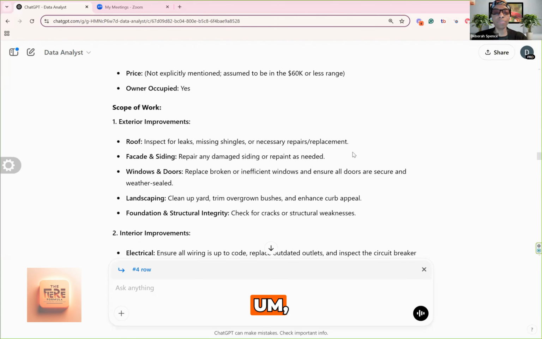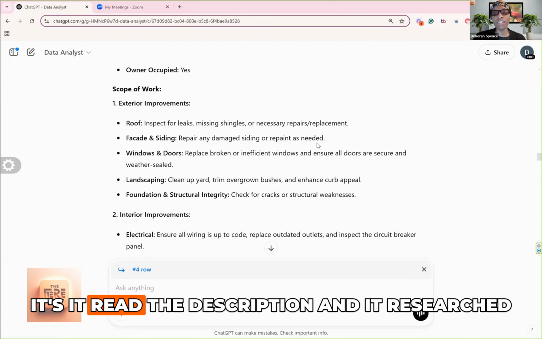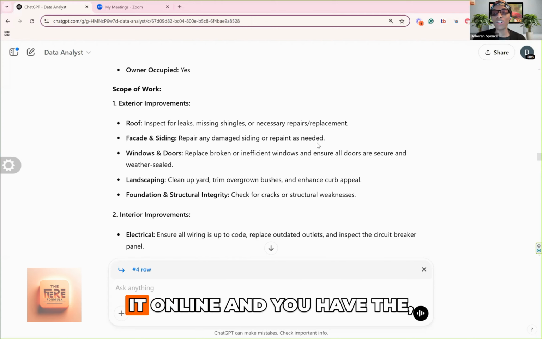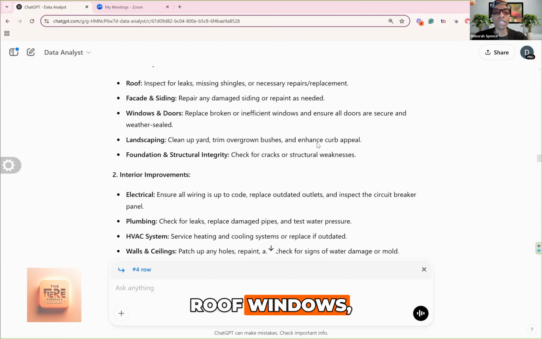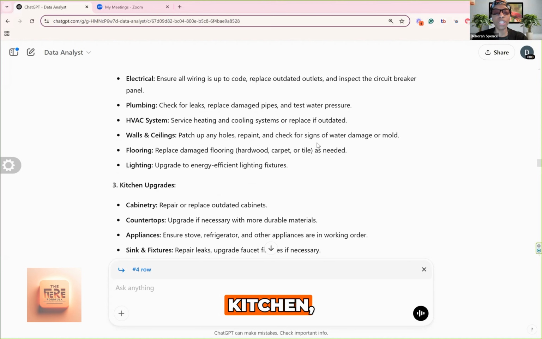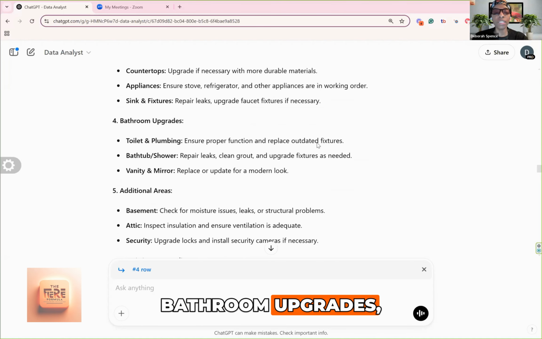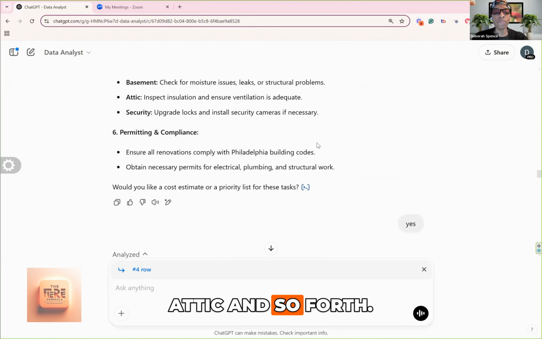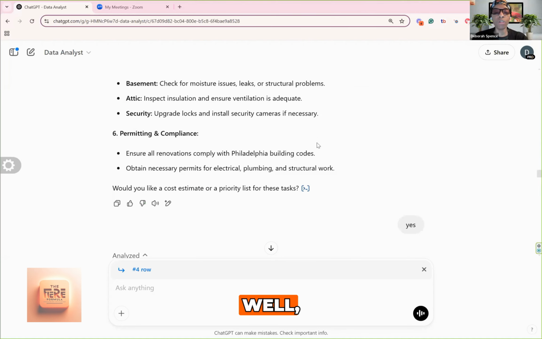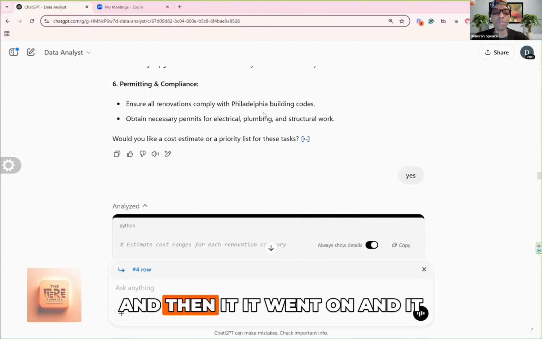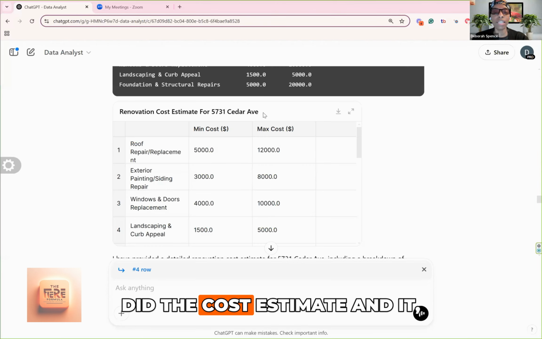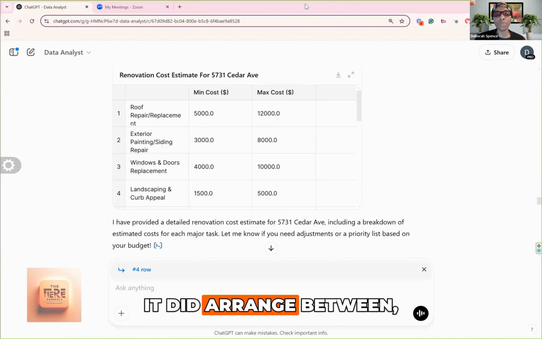It read the description and researched it online, and you have the exterior improvements, roof, windows, landscape and electrical, plumbing, kitchen, bathroom upgrades, basement, attic, and so forth. And then I said, well, can you continue on and give me a cost estimate? And it went on and did the cost estimate, and then it did a range between